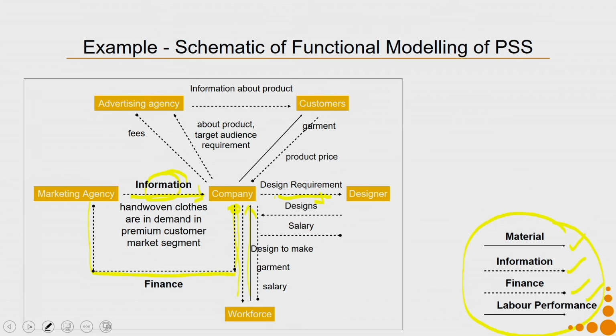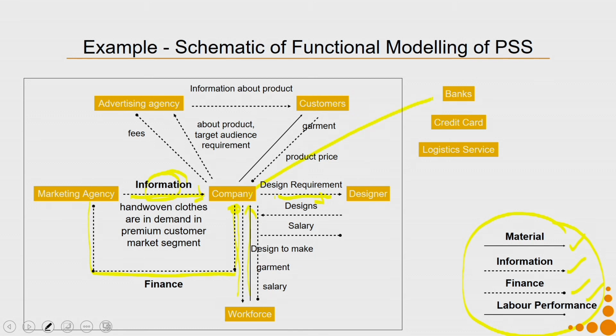Now, for my design purposes, I determine that this is my system boundary. Who lies beyond the boundary for my design context is, say, banks, credit card companies, logistics services. So, say for example, till the company makes the money, they might need some credit to do activities like paying the marketing agency, paying the designer, paying the workforce, paying the advertising agency. So, they might need a certain kind of credit from a bank. So, in this system boundary, the company interacts with the banks as well.